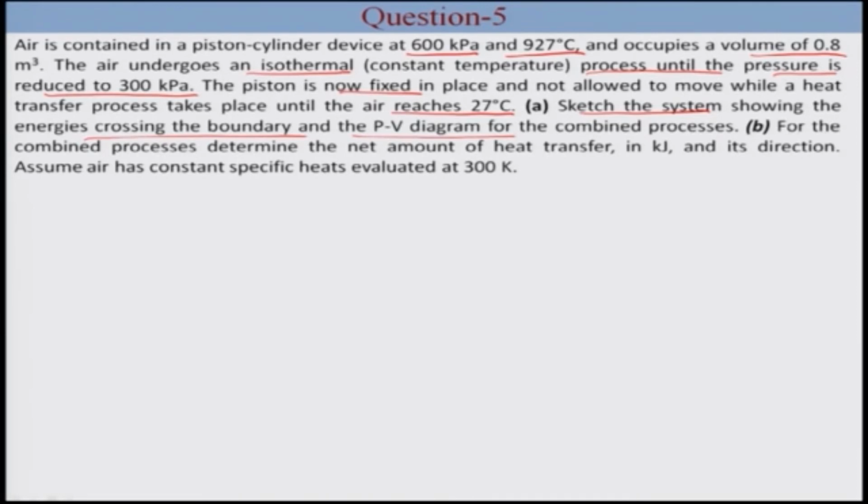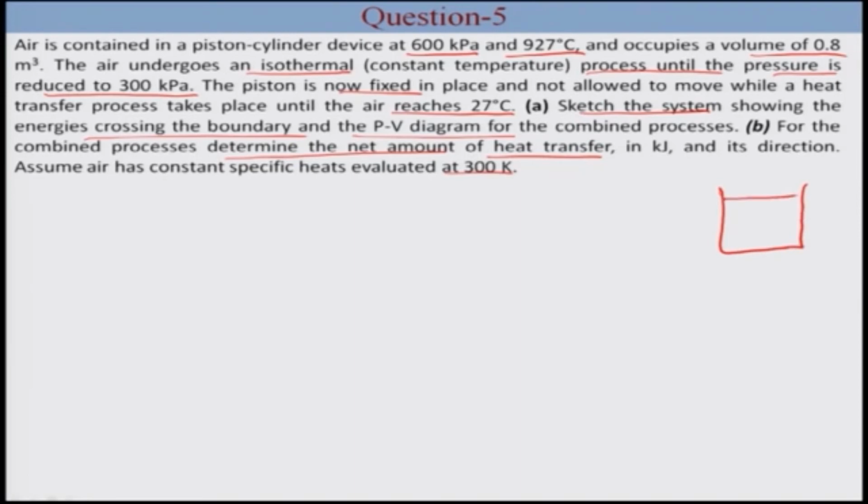Second, for the combined process, determine the net amount of heat transfer in kilojoule and its direction. Assume air has constant specific heats evaluated at 300 Kelvin. So first we have to draw this sketch of this system. So initially